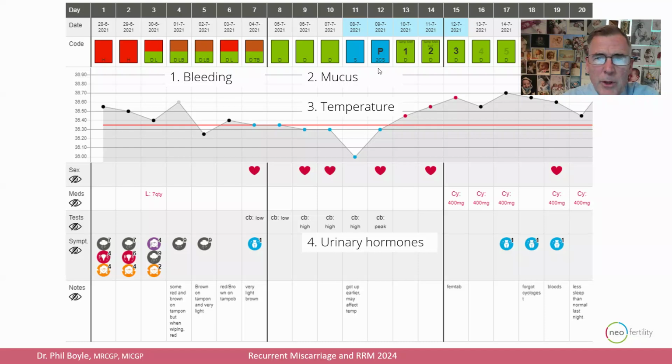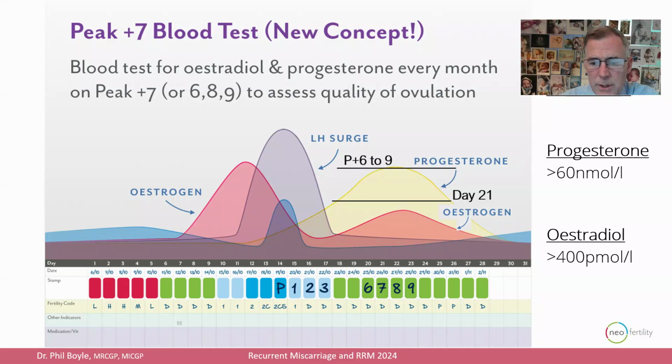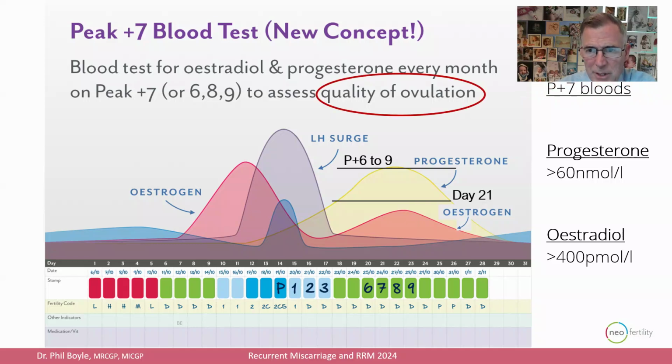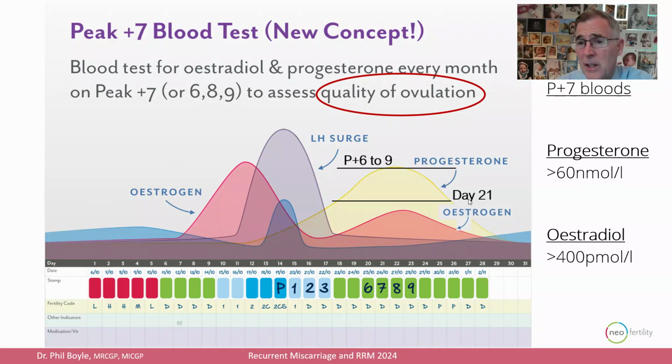But the key thing, when we're going through our assessment, we want to assess the bleeding pattern, we want to look at the mucus, and then we want to test the blood 7 days after that ovulation event to see what is the quality of ovulation. Because we know well the woman is ovulating because she's having recurrent miscarriages. So a lot of my colleagues would say, well, if she's ovulating, our question with the day 21 progesterone is, are you ovulating, yes or no? And we know you're ovulating because you get pregnant. So why would we do a day 21 blood test? Because we know clinically you're ovulating anyway.